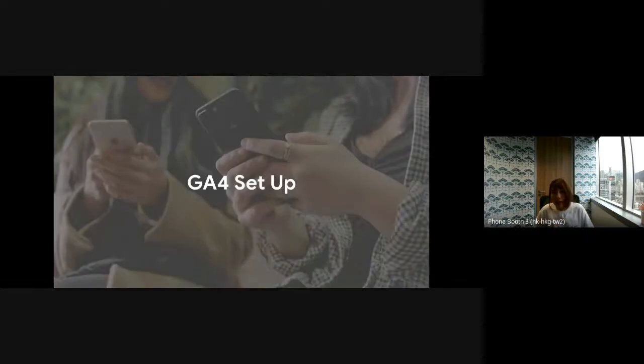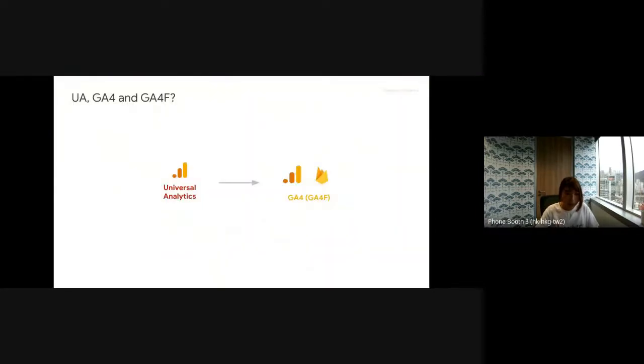So next, let me talk about the basic steps of GA4 setup. Of course, we don't have a lot of time to go through all the technical details today, but I want to walk you through some basic steps and give you some critical concepts and tips when you set up. If any of you also have a website business, you might have heard about Universal Analytics.